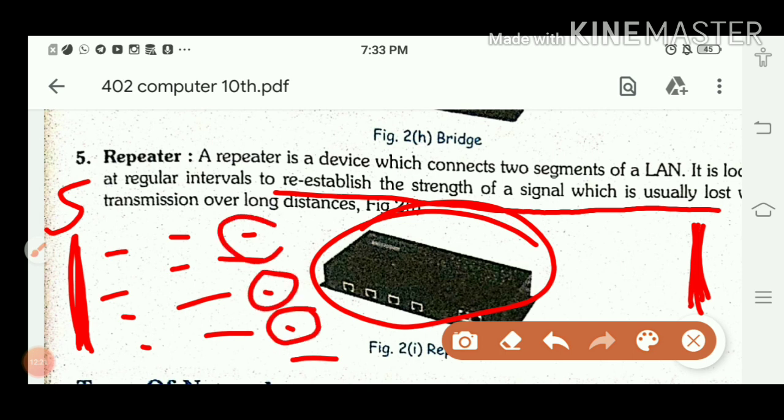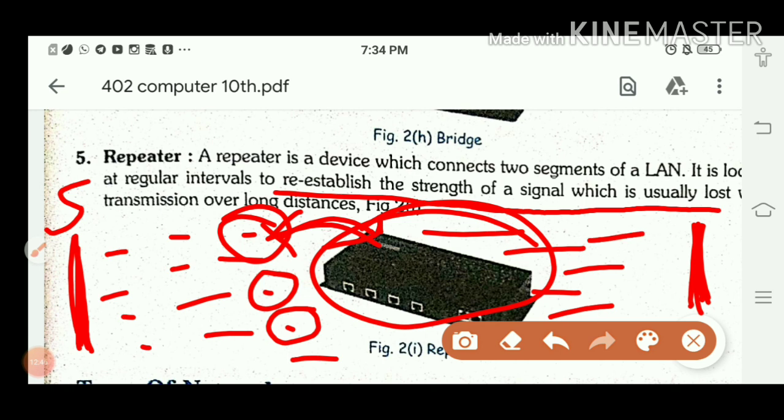The small children are the weak signals, they are unable to complete the race, and in between they feel tired. If a repeater is there, the repeater here is our Meenakshi ma'am. She gives them instant energy, Glucon D and glucose, and after taking that, these signals get strength and are again in the race, and they start moving. Understood? So what is the function of a repeater? It re-establishes the strength of the signal and helps the signal reach its destination.